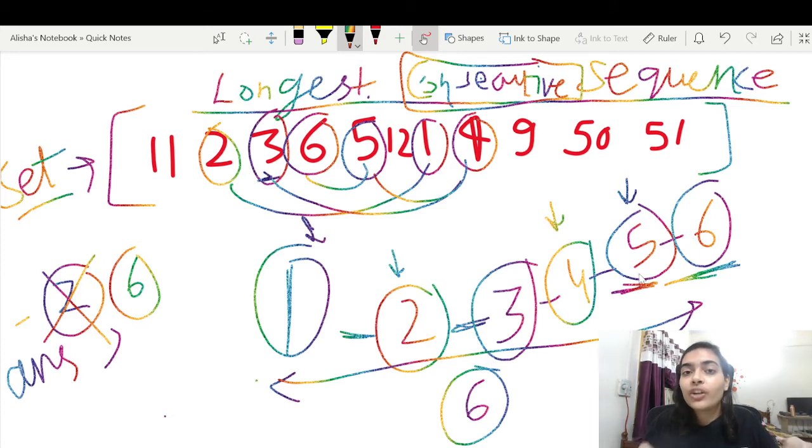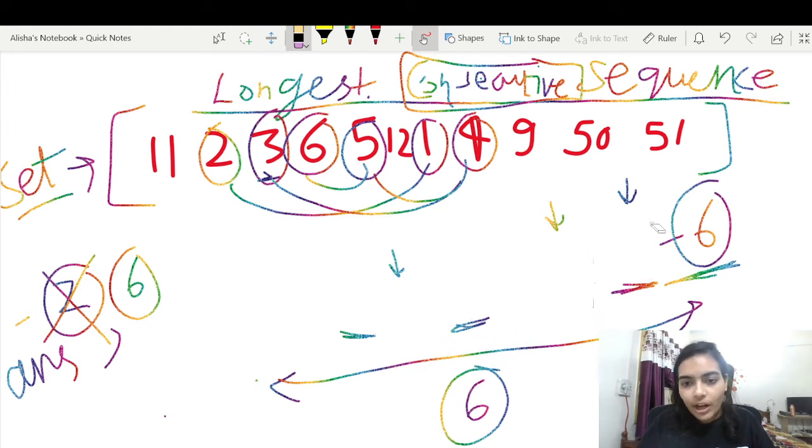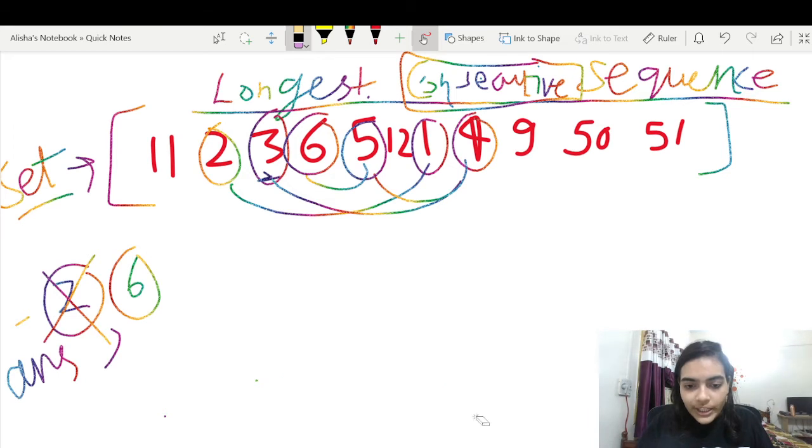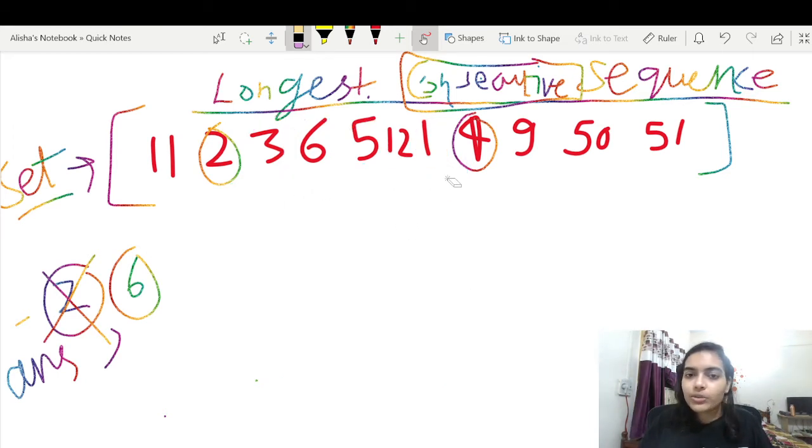All these elements are part of the same chain. That is why we can ignore them, because if you would have counted the chain of 6 separately, you will count again. Similarly, when you count the chain of 5 separately, you will keep on counting again. You don't want to waste this much time, so you will count only once, when you are starting from 1. So you will be able to count all the elements, and you can save some time. That's why only the element which is free, that element we will consider. All other elements are connected to some other element already, so we will not waste time on them.